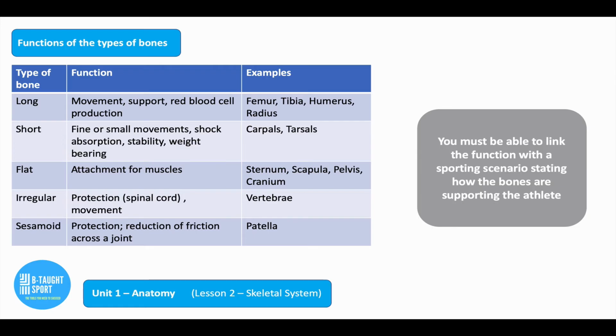the 5 different types of bones, and you should know by now that the long bone produces movement, support, and red blood cell production. Short bone is small movement, shock absorption, stability and weight bearing. Flat bone is attachment for muscles. Irregular, which is obviously our vertebrae, is protection for our spinal cord and movement. And our sesamoid, which is our patella, is protection of the knee joint, but also reduction of friction across the